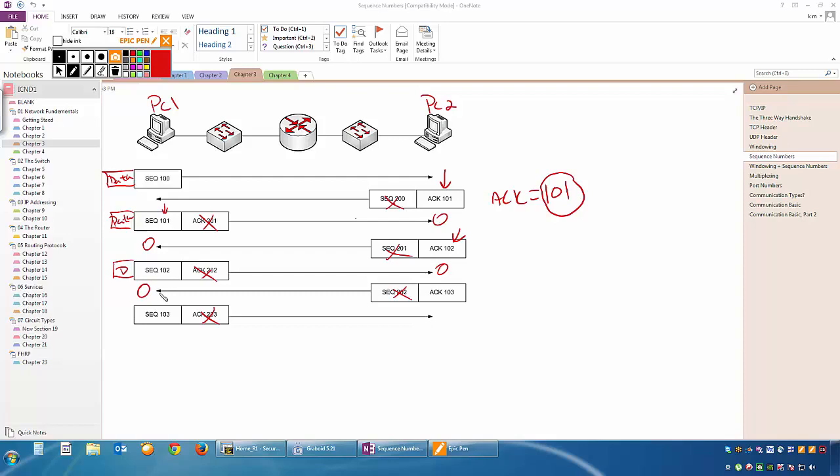That means PC2 has received the sequence number of 102. So now I know the next sequence number I'm going to send out, and the next piece of data is going to be 103. Now, the reason why you see the sequence number here and the acknowledgement on both sides